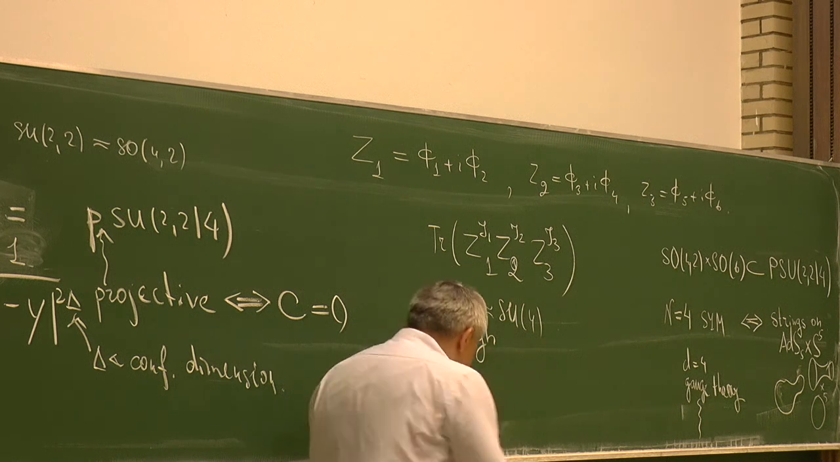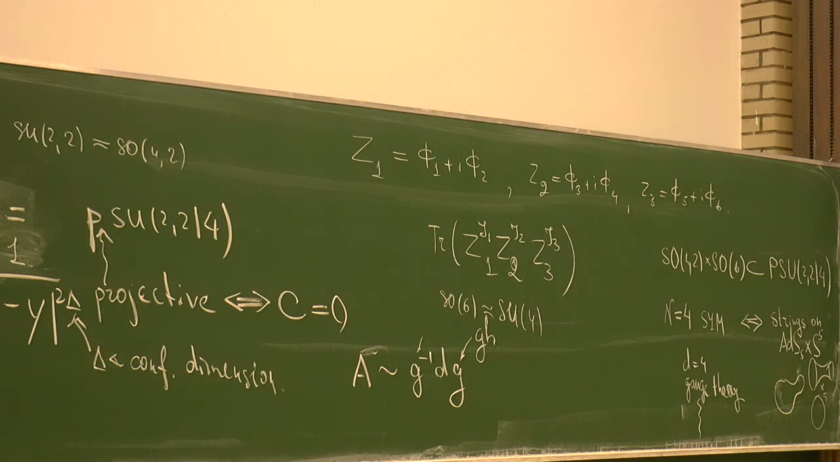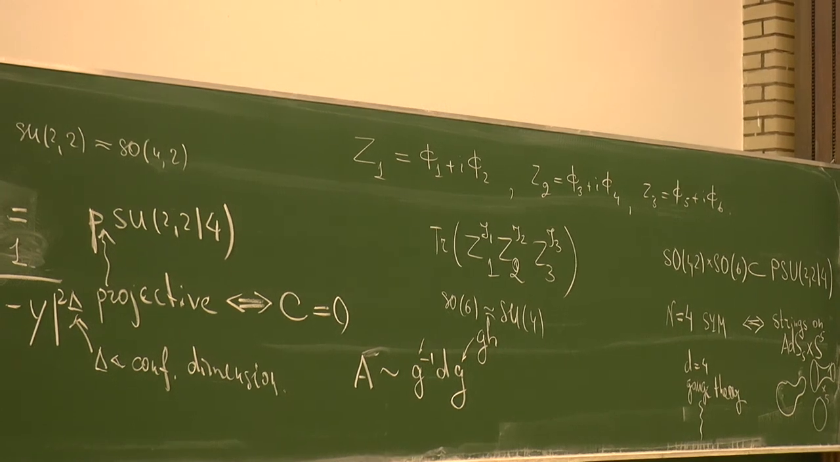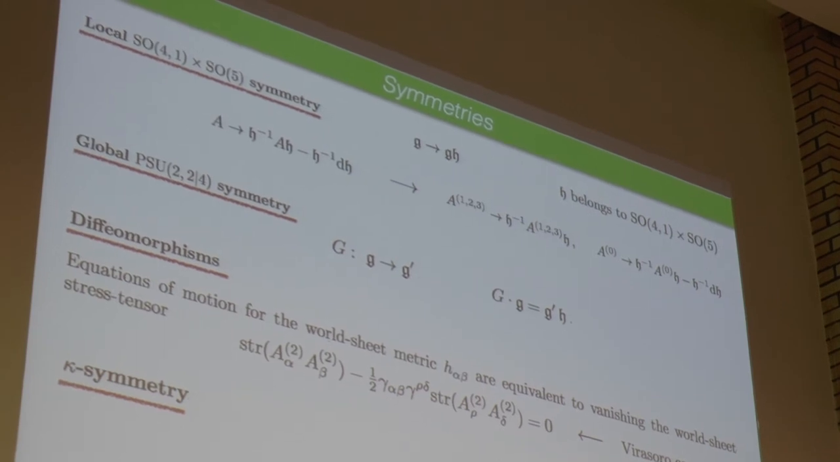So when you open this up, you will get that this G^-1 dG form transforms in the following way. It rotates and it shifts. So what you see there is precisely the form of the gauge transformation, right? Non-abelian gauge transformation. So A transforms as a non-abelian gauge field. But if you now take this B to be from SO(4,1) cross SO(5), and you look